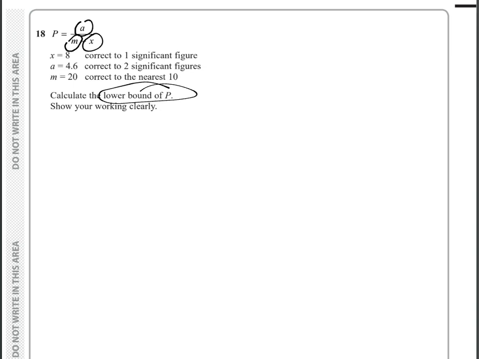Okay, so we're going to go big A, lower bound P. Big A, what's the biggest A can be? Well, that's correct to one significant figure, so the biggest it can be is 8.5. M, correct to the nearest 10. Smallest,